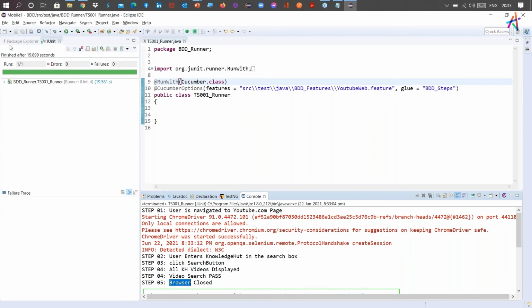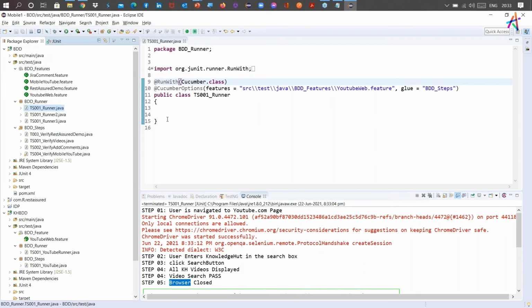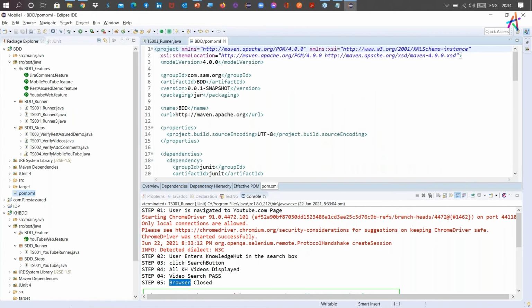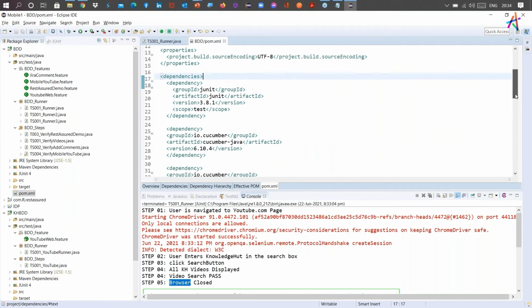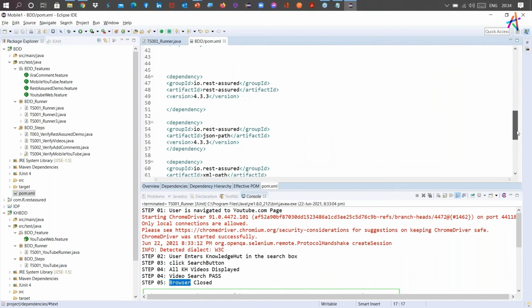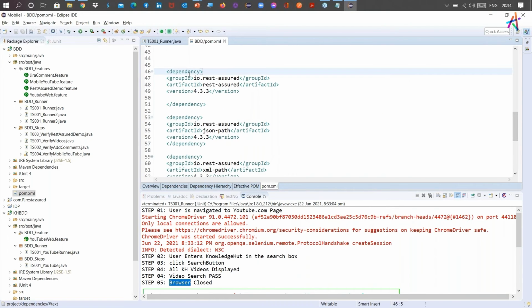Now, the next step that I will walk you through is about integrating your Rest Assured. Okay, so in the interest of time, I've already created all the scripts, and just to walk you through on it. Now, team, if you look at it, yeah, there are